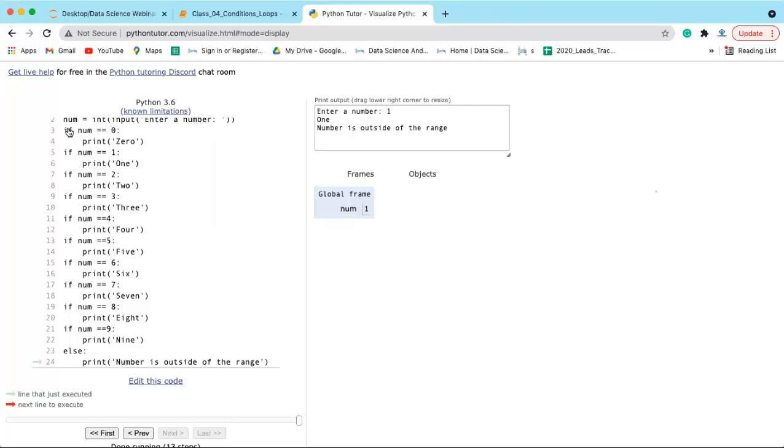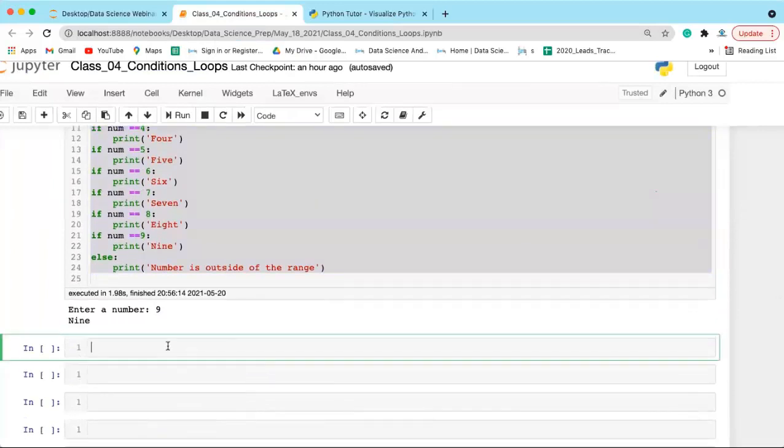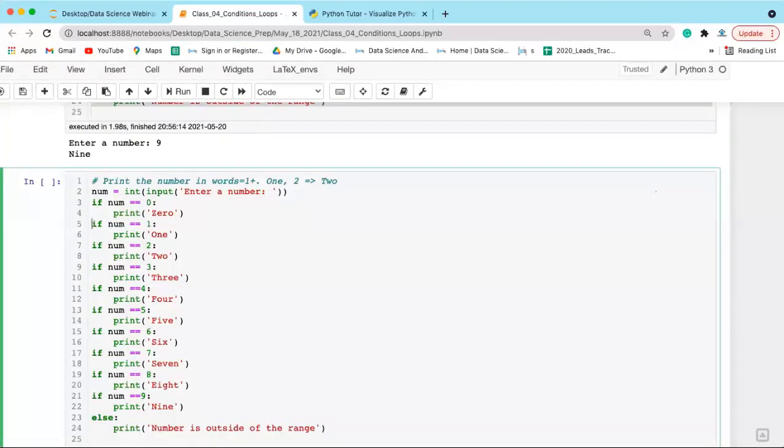So when you want to check multiple conditions at the same level in Python, then instead of using if, we are going to use elif. Okay, instead of if, you are going to use elif.